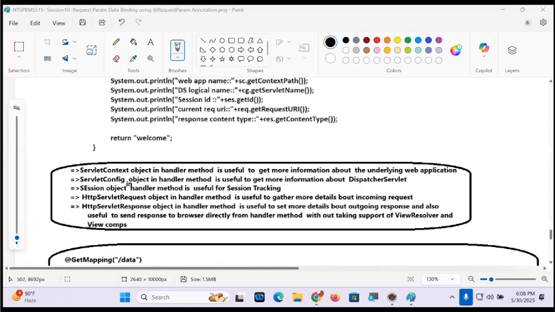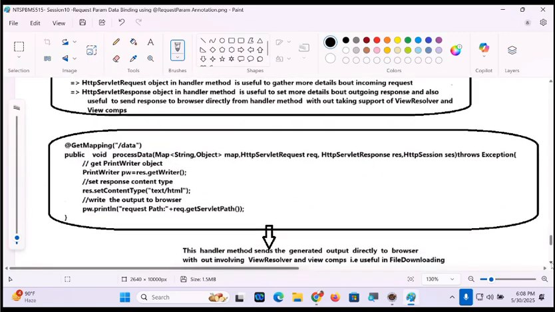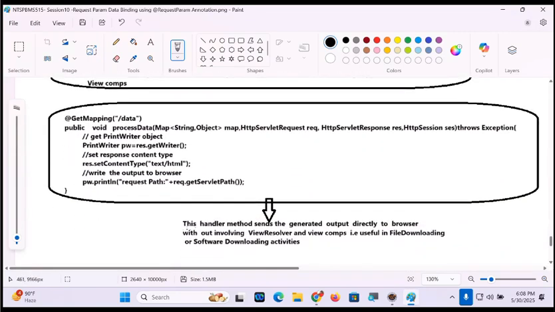Response object in a handler method is useful to set more details about the outgoing response and also to send the response to the browser directly from the handler method without taking support of view resolver and view components. This handler method sends generated output directly to the browser.